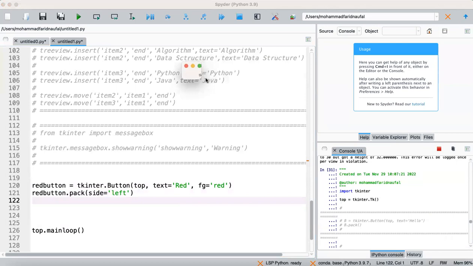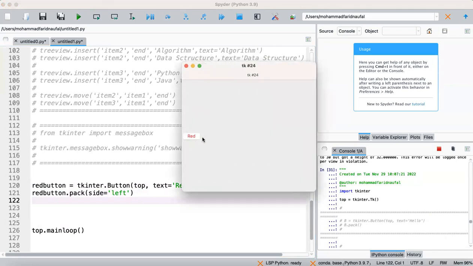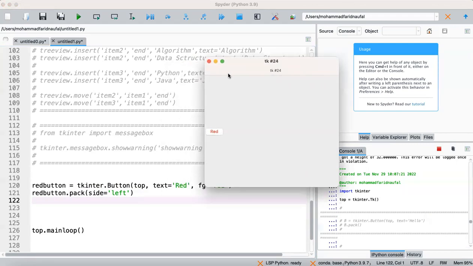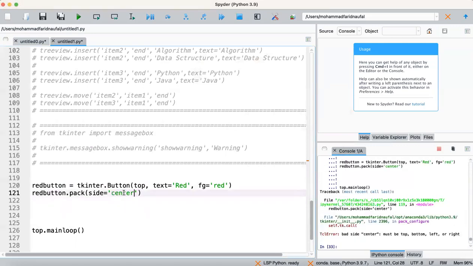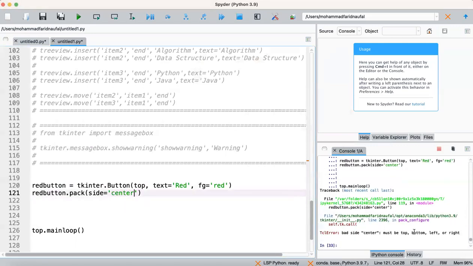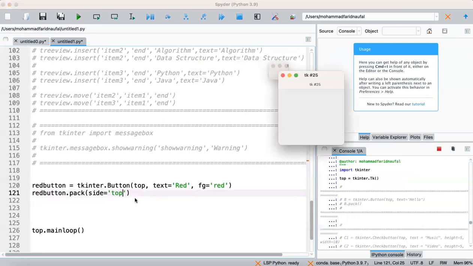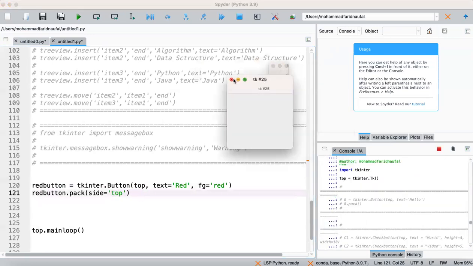Like you see here, we have the red button. It will be placed on the left in our GUI. Then if we change it into center, there is no center argument here. It is only top, bottom, left, or right. If we place it into top, by default it will be placed on the top position in our GUI form.